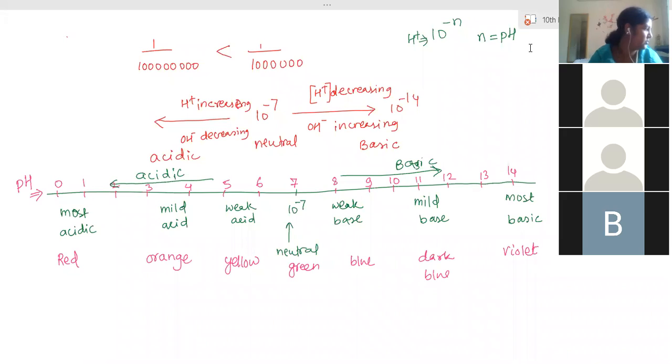And write down the range of few pH values. Write down HCl. And HCl, if it is diluted also, the H plus ion concentration is still more. So it will go from 0 to 1, but it will not become orange color. So if the question is asked for MCQ, what is the color on the pH scale for dilute HCl acid? It will be red only. Clear? So don't write there orange or yellow. It will remain red, whether it is dilute or concentrated.